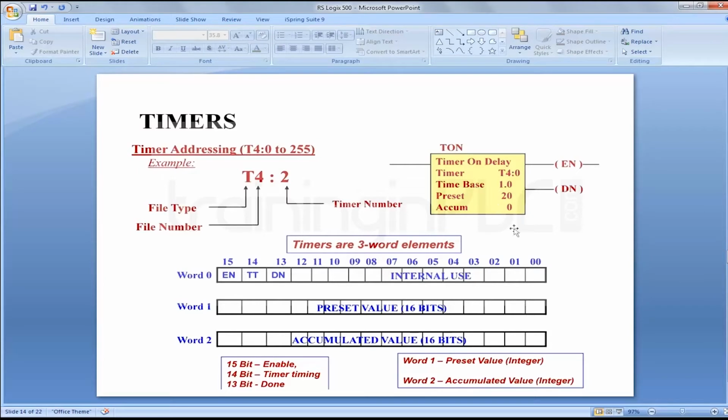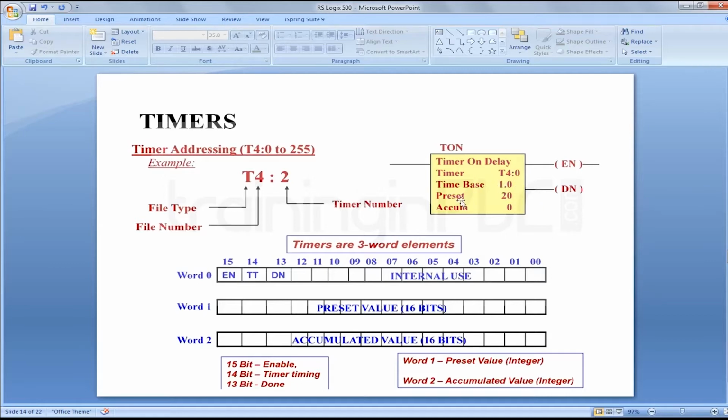Fine. And this is how the on delay block looks, T4:0. And this time base is how it is going to count, whether in seconds or milliseconds. The time base relates to the resolution of the timer, so you can change seconds to milliseconds also.